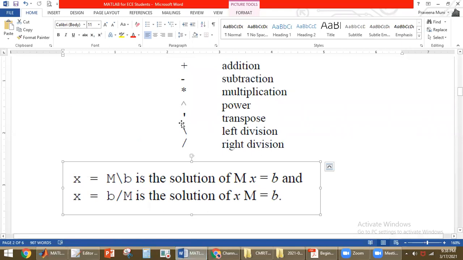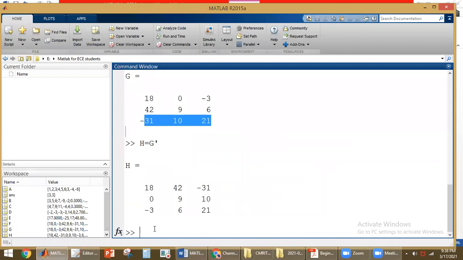Then we also discussed left division and right division. If the matrix is defined in the form M x is equal to B, then we have to use left division. If the matrix is defined like x M is equal to B, then we have to use right division. That is how we find the matrix division.